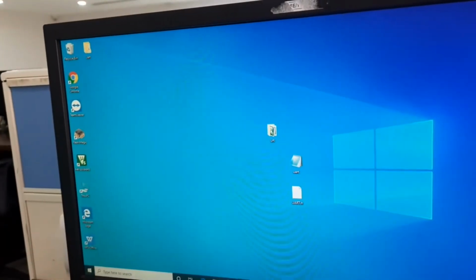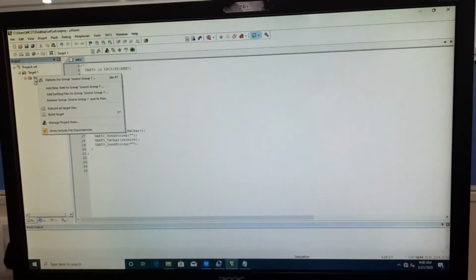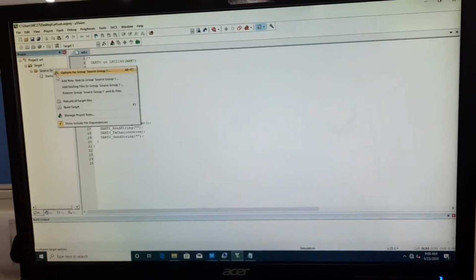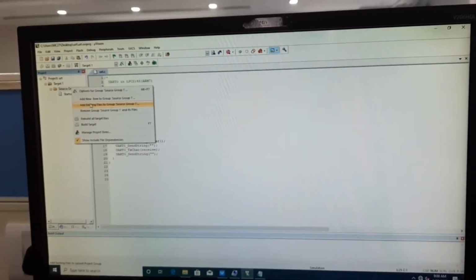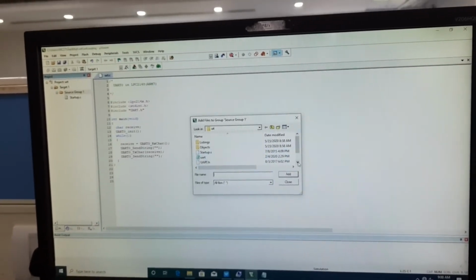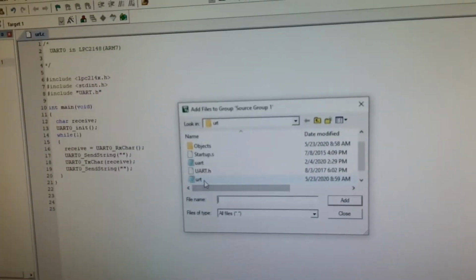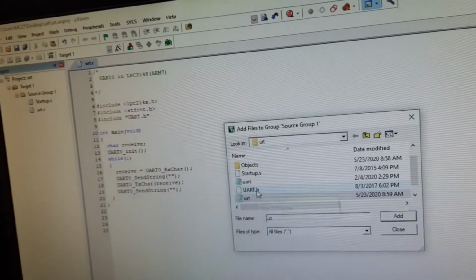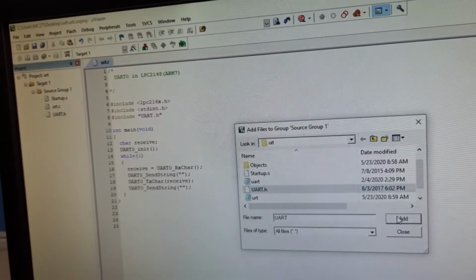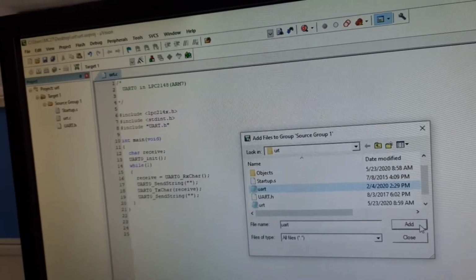Now, again I will go to the Keil software and add all the code. Right click on source group 1, add existing file. Existing means we already saved it, that's why we add an existing file. Select the programs you need: select UART, add; select UART.h, add; select the other UART file, add.